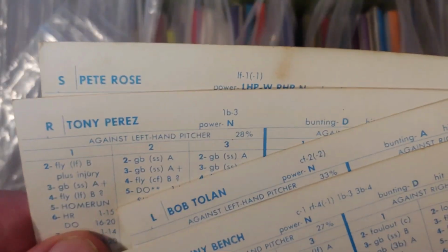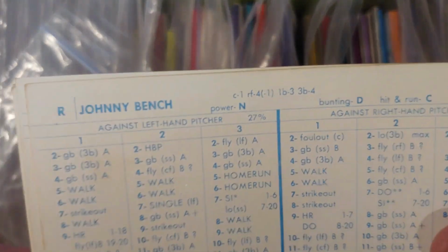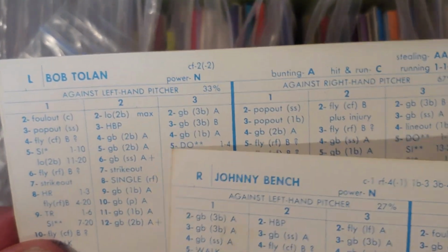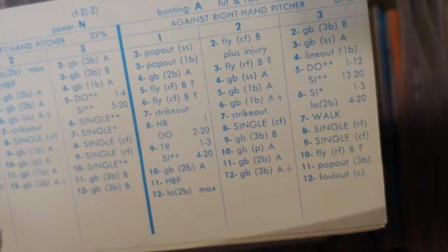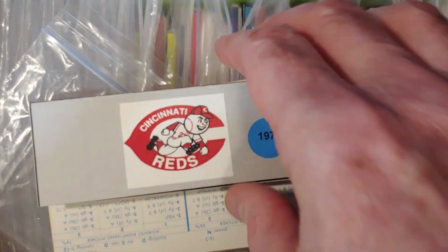Take Rose in a different year, take Perez in a different year. Bench and Tolan. There's no 71 Tolan that got hurt. But here, he's still a 2-2. They love the great defense and the base stealing. He hit 316 in 70. At 283 is not bad. And again, Perez is at 283 with not a reliable position. So,